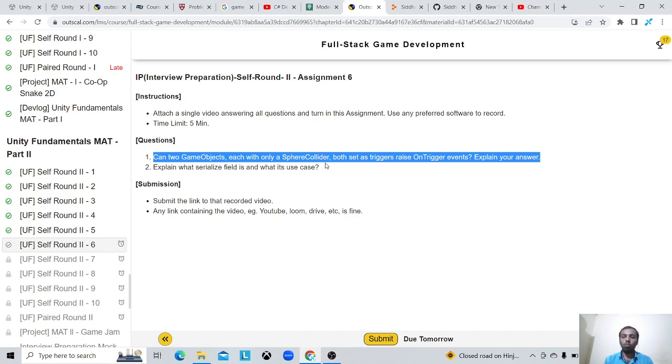If I want to trigger an OnTrigger event, then I need a rigidbody on at least one of those two objects. Okay,